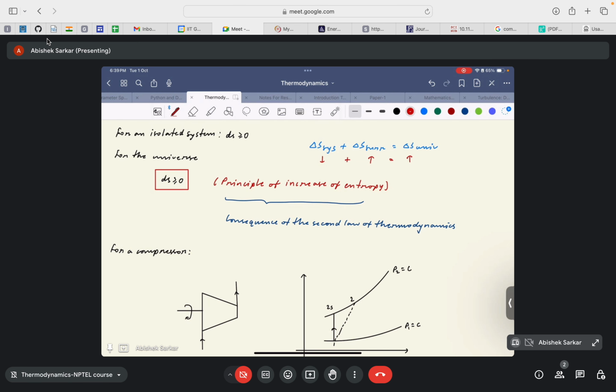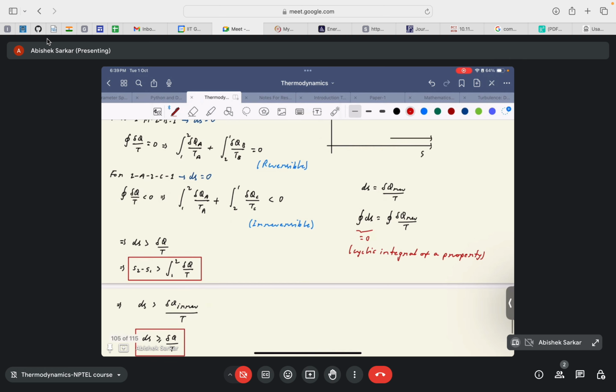Okay, so that's what we mean by the principle of increase of entropy. So if we consider a particular system, it's not necessary that the entropy will always increase. Of course, the entropy will go down, and that's why we're feeling the cooling effect, right? So entropy can go down for a particular system, but the net summation of the entropy change of the universe will go up, and that's what we basically mean by the principle of increase of entropy. Okay,